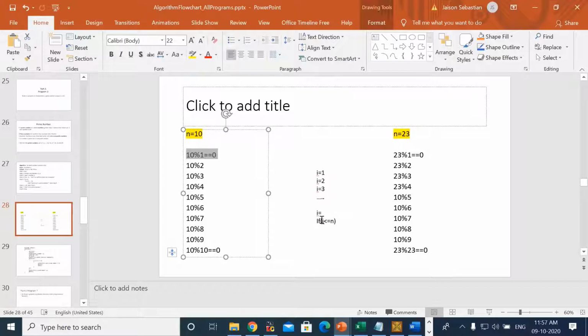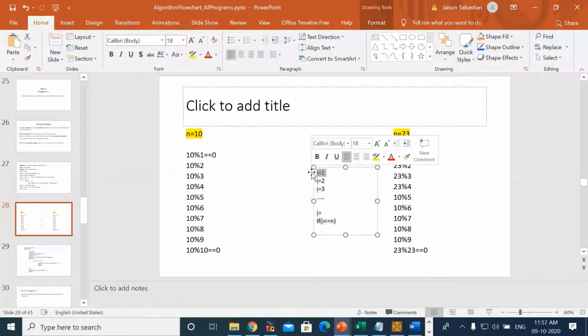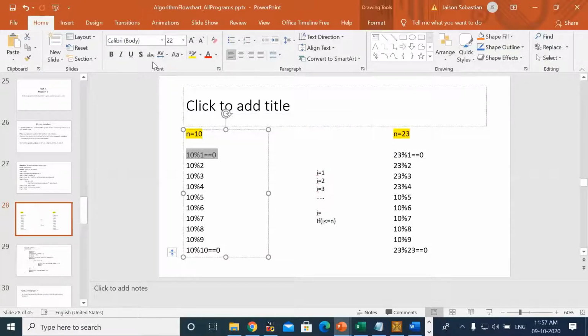So we will not start the division from 1, because all numbers are completely divisible by 1. We are avoiding actually two divisions, one with 1 and one with the same number. Here also, any number you enter, we will avoid the division by 1 and the division by the same number.